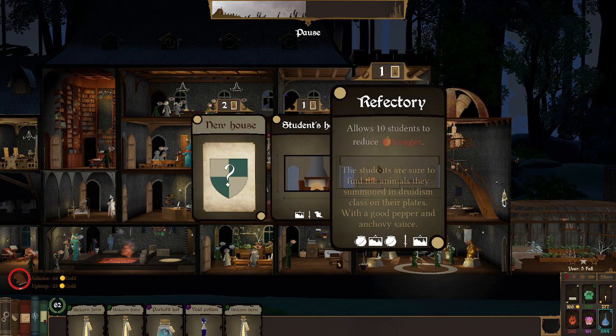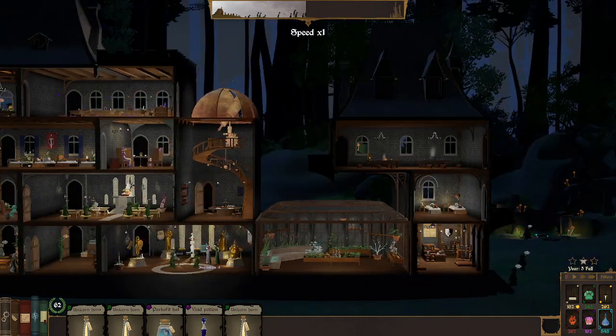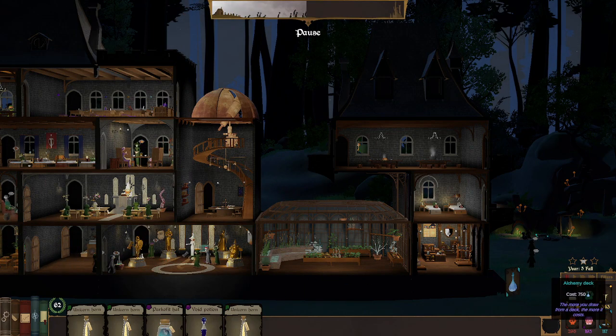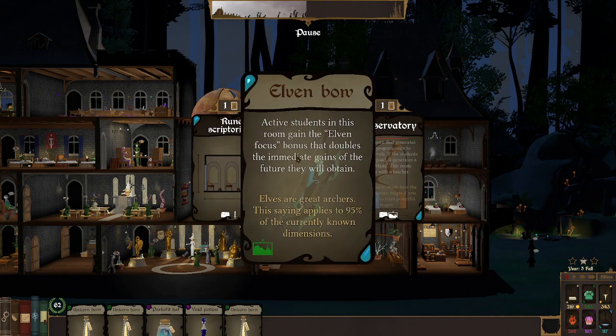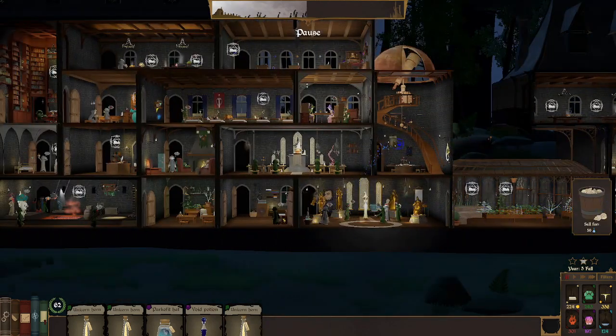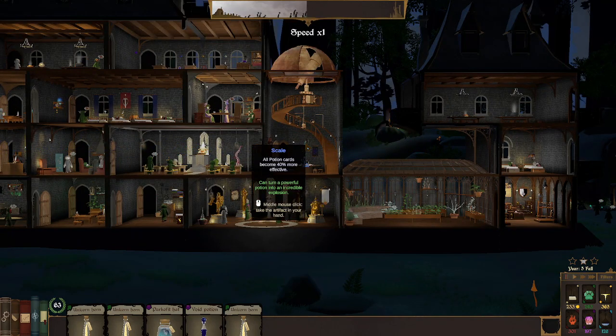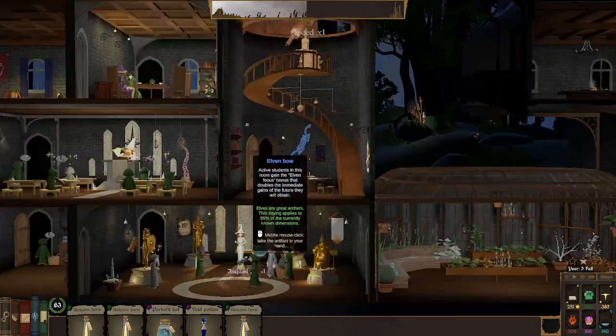Alright, we have... Oh, we got a refractory. I'm going to place you right there. Hoping to get this connecting soon. Elven Bow. I can't place you. It's such a good thing. Let's place you in the observatory. So, the Elven Bow